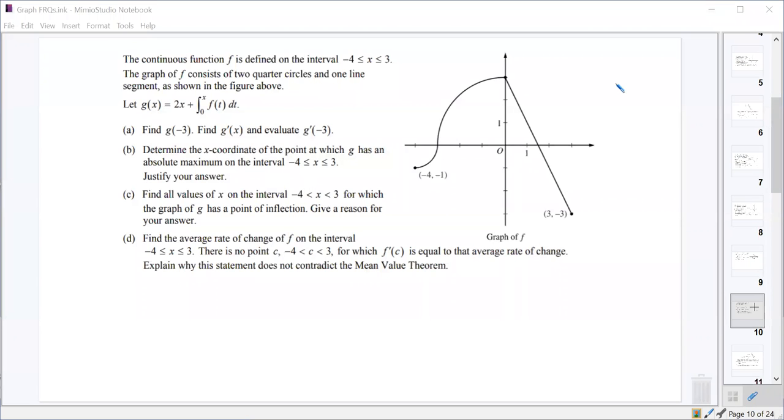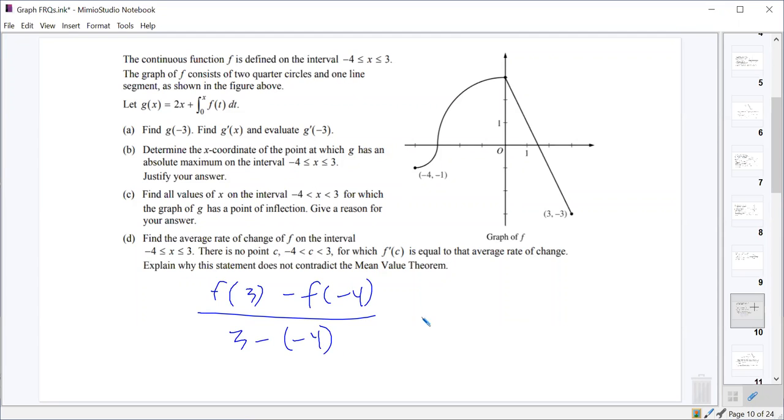So part D says for us to find the average rate of change of f on the interval from -4 to 3. First off, to find the average rate of change, that's just the slope between the point at -4 and the point at 3. So we will do f of 3 minus f of -4. I assume you did this part. Over 3 minus -4,